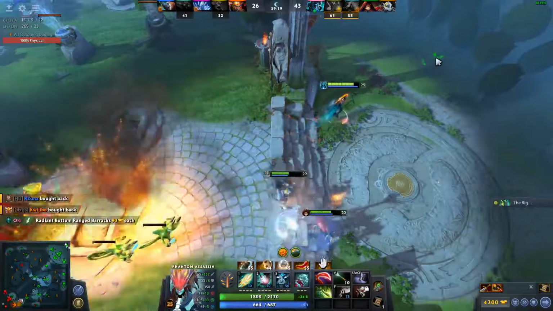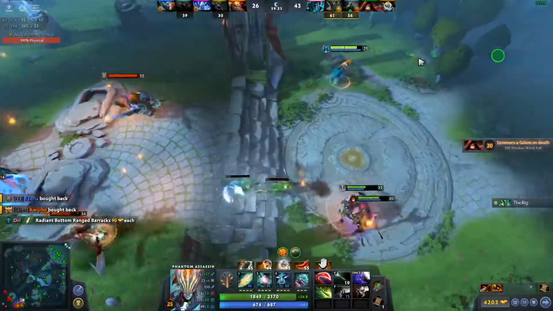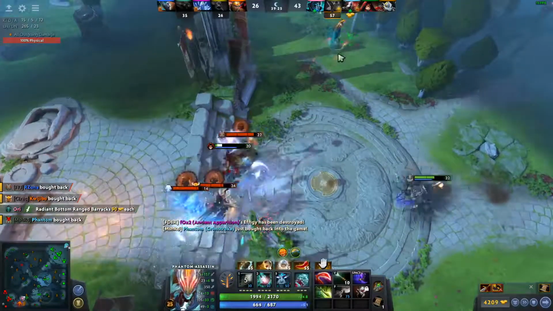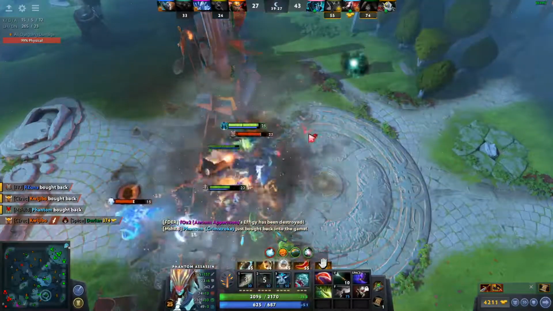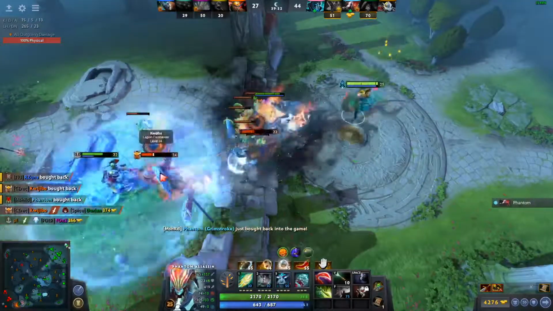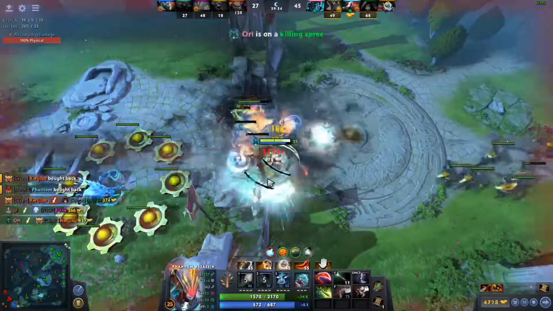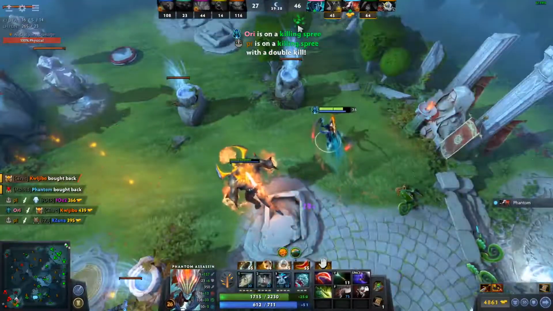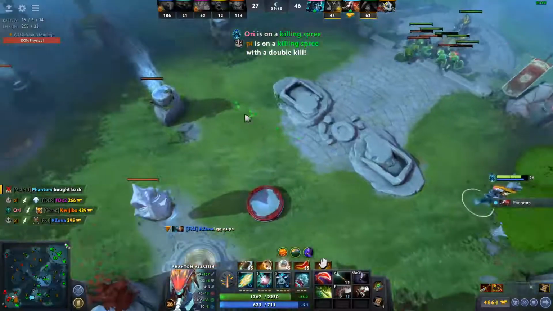Okay. So I lost my Aegis to the Immortal. So she's got an item that keeps disarming me. It's really annoying. Oh, we got them all. They're all dead. So now we're going to work our way top, and we're going to...